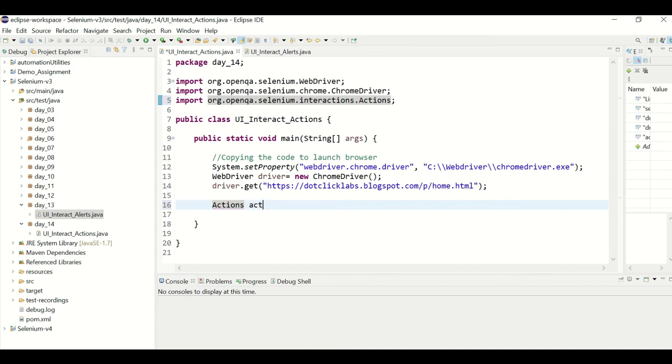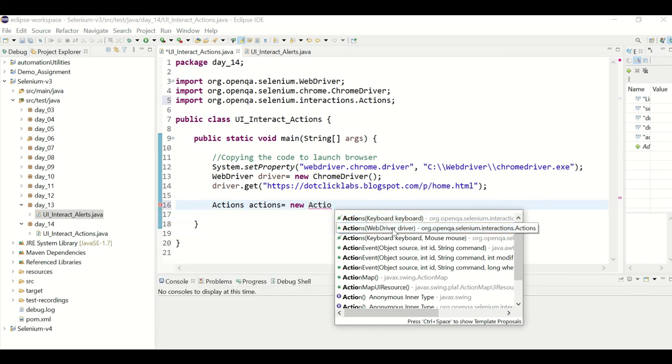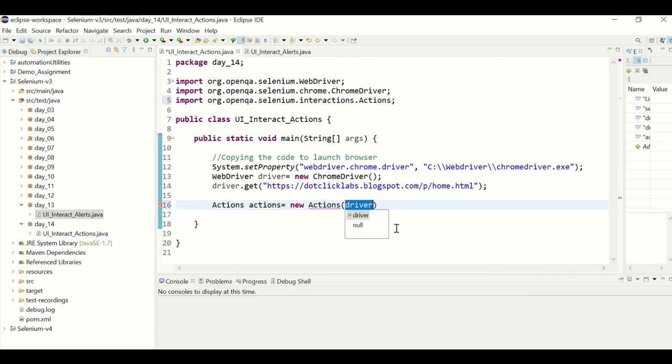Give any name. As a naming convention and better practice, I'm giving it as actions equals new Actions, control space, and don't select this one, select the WebDriver one. So the driver object is our parameter, it's already there. Using this, you are giving some additional power to the WebDriver instance with some actions.